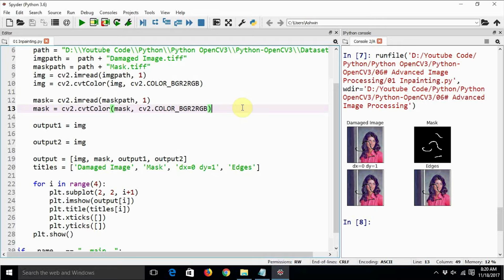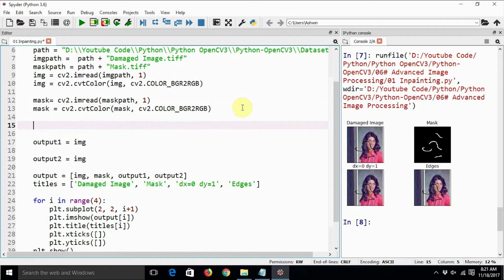So there is a function, as I have told you already. It is known as cv2.inpaint, and it uses two different methods to calculate the stuff. So let's do that. The first one is output 1.